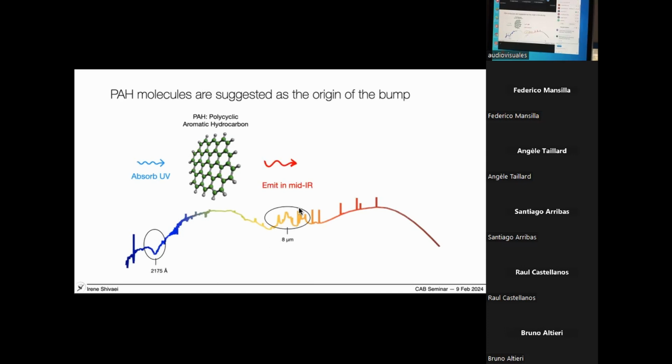The strongest band is at 7.7 micron, which at redshift 2 is very conveniently placed in one of the filters of the Spitzer Space Telescope, MIPS 24 micron. And at the same time, for redshift 2 galaxies, using optical spectrographs on VLT, specifically MUSE, you can trace this rest frame UV spectra with very good accuracy. So we looked at a sample of redshift 2 galaxies to see if we can correlate these two features with each other so that we can pin down the origin of the bump.